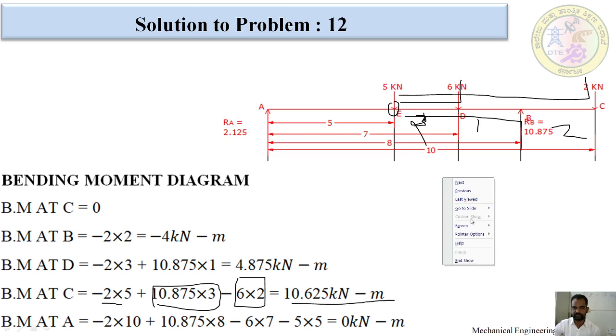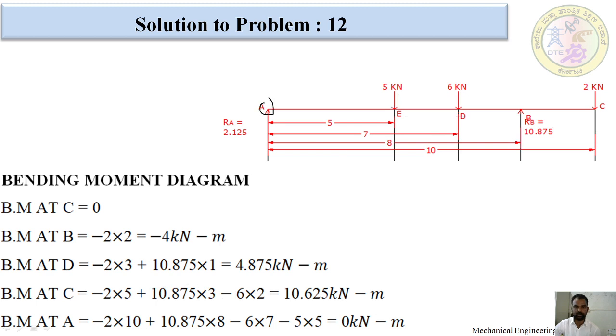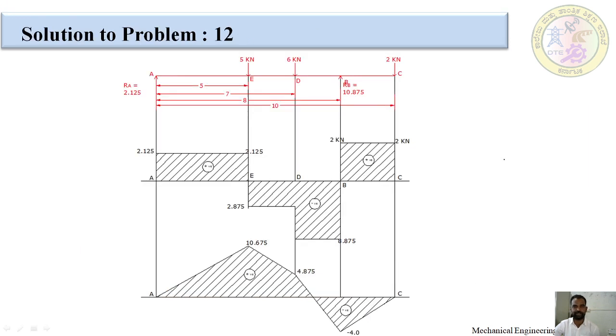Okay, after that we are going to calculate at A point. This has already been discussed in many sessions. At A and at C it is always 0. This completes the bending moment calculation. Next we are going to draw the bending moment diagram. This is the bending moment diagram. How much at C point did we get? At C point we got 0 value. At A point also we got 0 value. At B point how much did we get? Negative 4 we got. I am going to draw below the baseline.